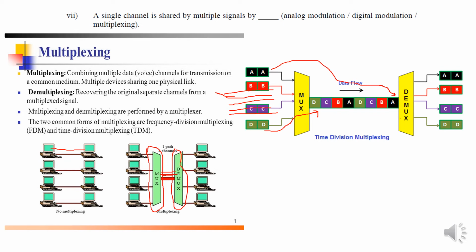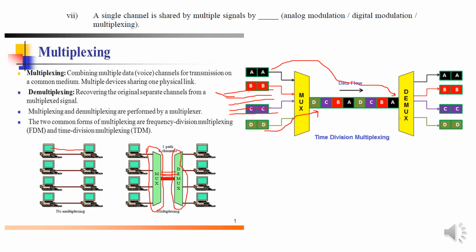This is the kind of scenario that happens when there is a bridge that can accommodate only one vehicle at a time. On this side there is a wider road and four vehicles came, so the others have to wait. One vehicle will go, then the next vehicle will go. That is a similar kind of situation, that is time division. For the timing they are waiting, first one goes, then second one goes. This is time division multiplexing.